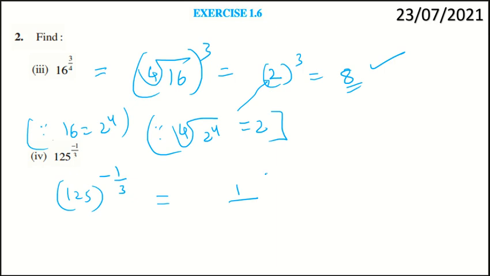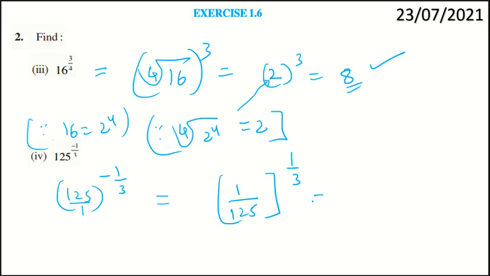How can I make positive power? Power will not change except the sign. By reciprocating base, I will have the power becoming negative to positive. So the base 125 by 1 I have reciprocated as 1 by 125, 1 by 125 is the base now,